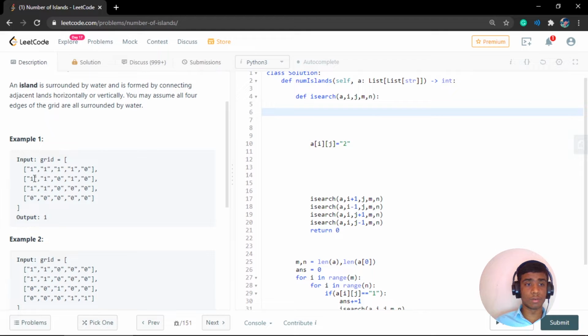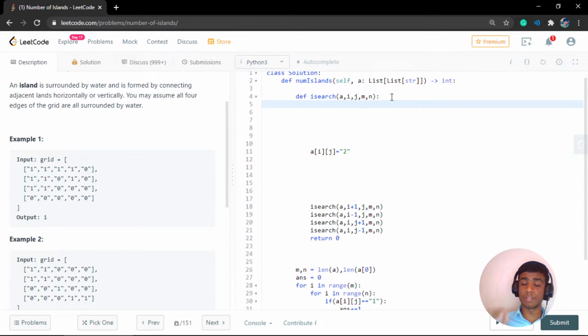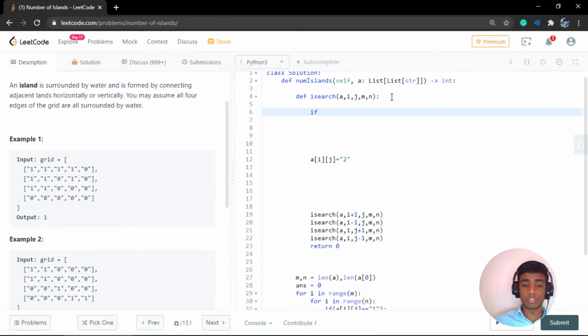Because let's say you are at this direction and you are performing BFS from this, and from these 4 cases, there is a case where we will be searching in this direction, right? But in this direction, there is actually no point, right? No point in this direction. So we have to take care of that base case. For that, we will check the boundary conditions.